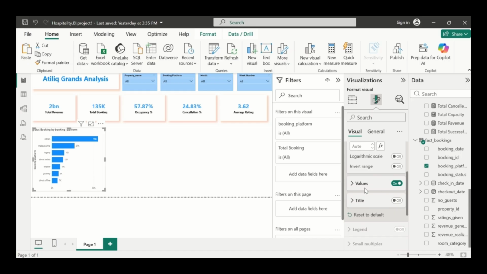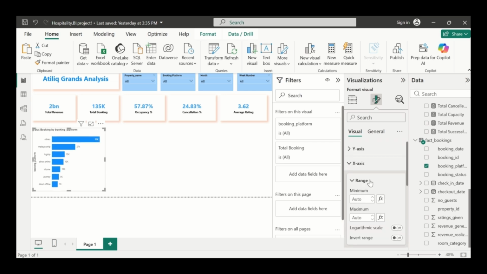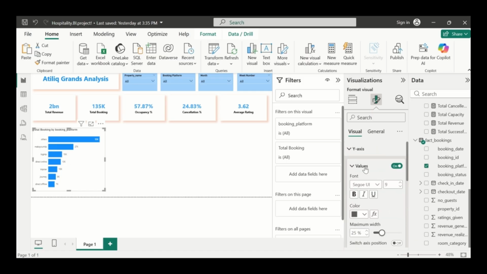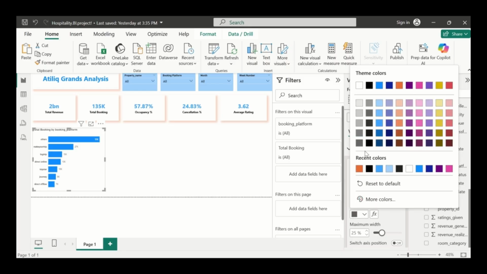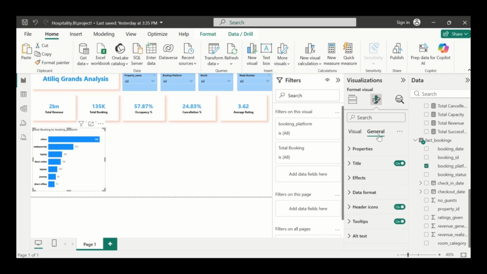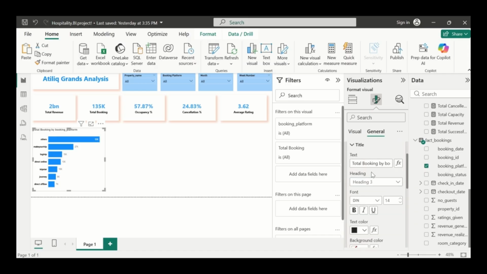You can also decide to remove the values. Yeah, and then for the y-axis we can decide to only remove the title, and then we can bolden the values and make them dark. Yeah, and then we can come to the title. So this title, by booking, we can also make it bold,